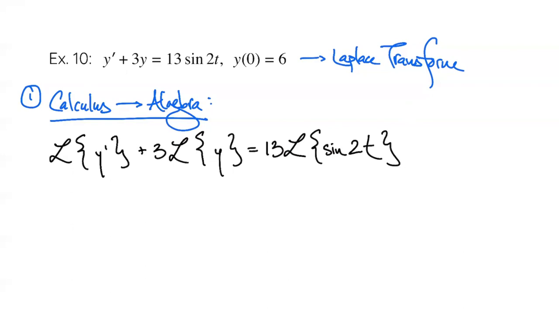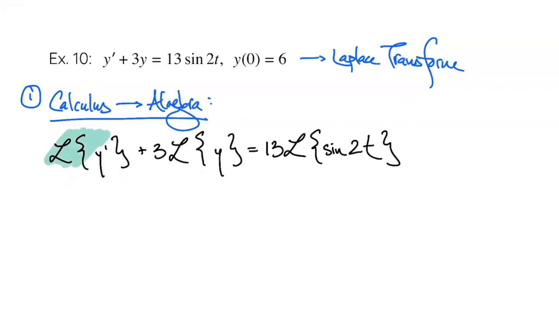Okay. Now the y prime and the y, those are going to be exactly the same as what we had in the previous problem. Okay, and so those won't change. But on the right-hand side, we are going to have to use our table. Okay, so on the left-hand side, we should get,